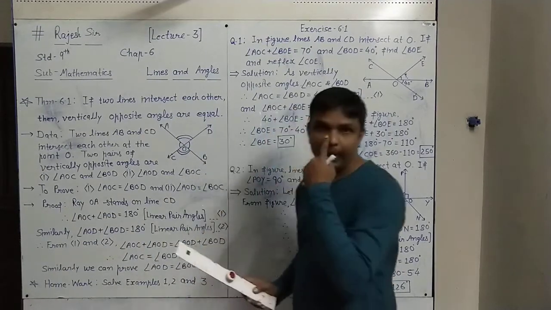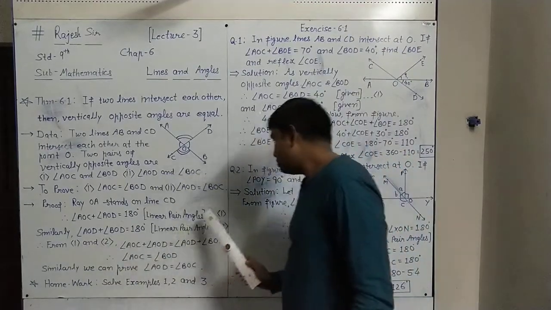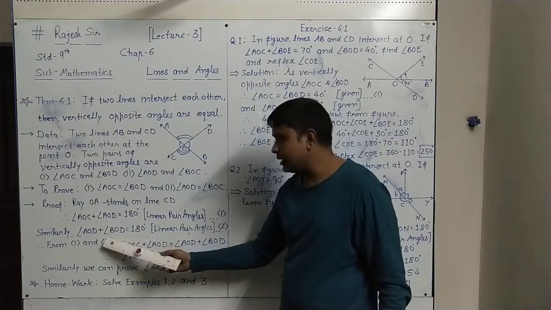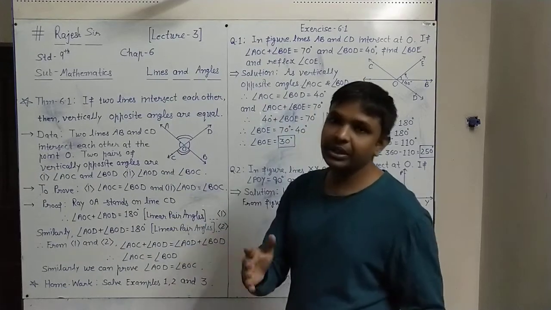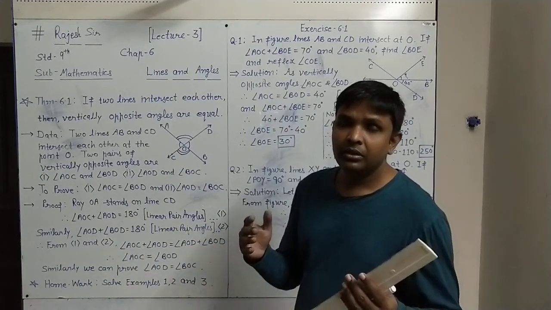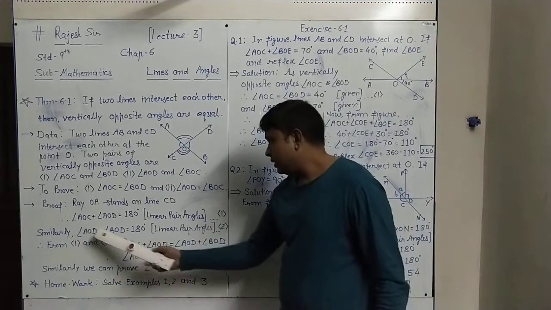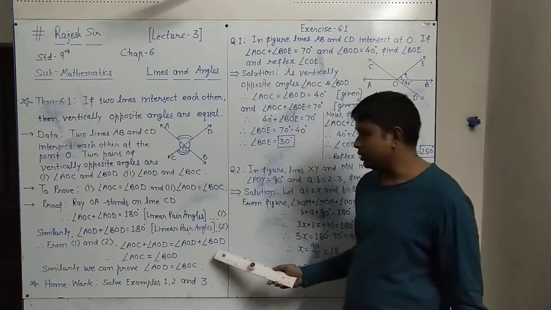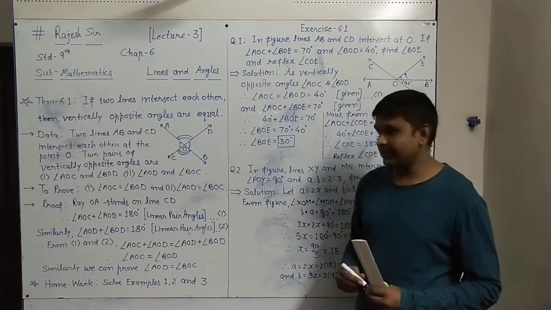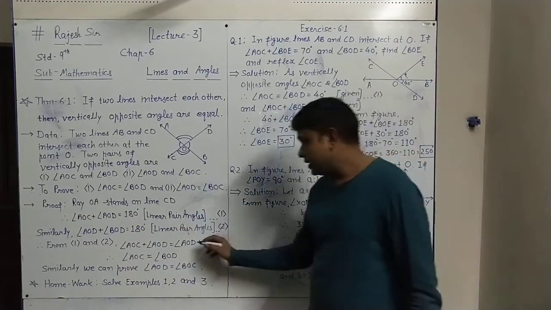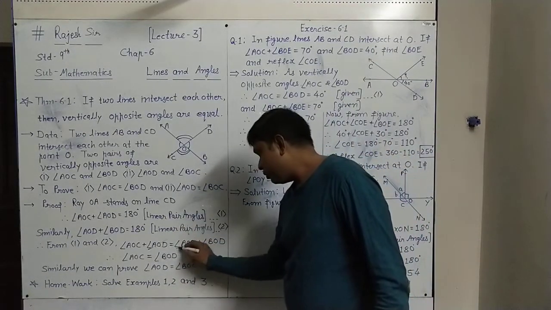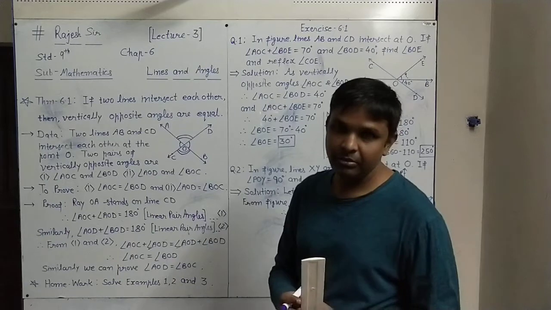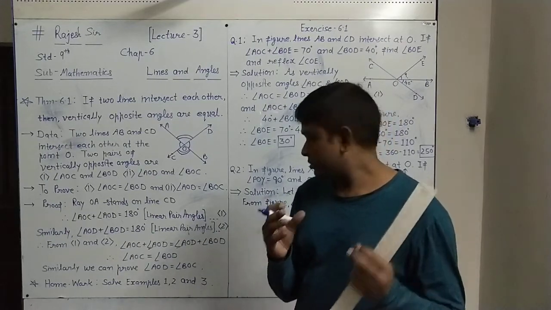Now from results 1 and 2, this is also 180 and this is also 180. So on the right side we have 180 and 180, so on the left side also, measurement-wise, we can show the equality. Angle AOC plus angle AOD equals 180; in place of that we can write angle AOD plus angle BOD, comparing the left sides of results 1 and 2. Now you can see that on both sides angle AOD will be cancelled, because the same measurement, the same value, is cancelled.